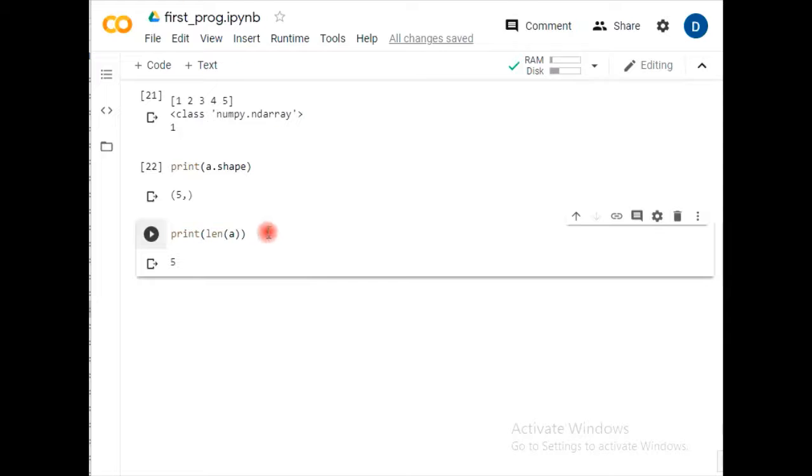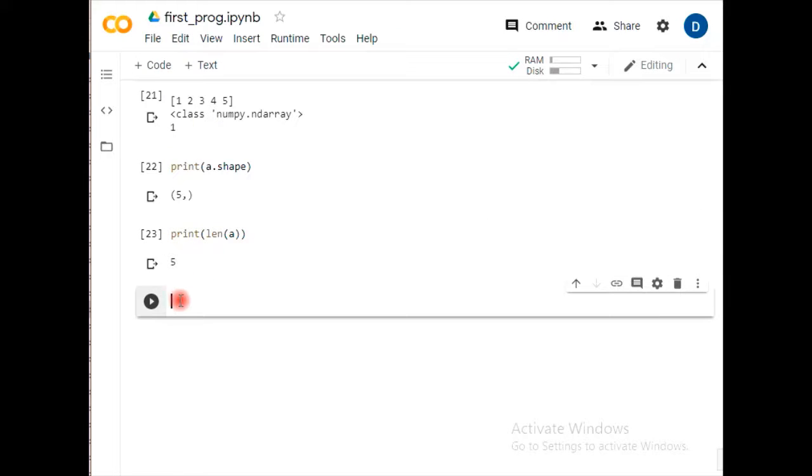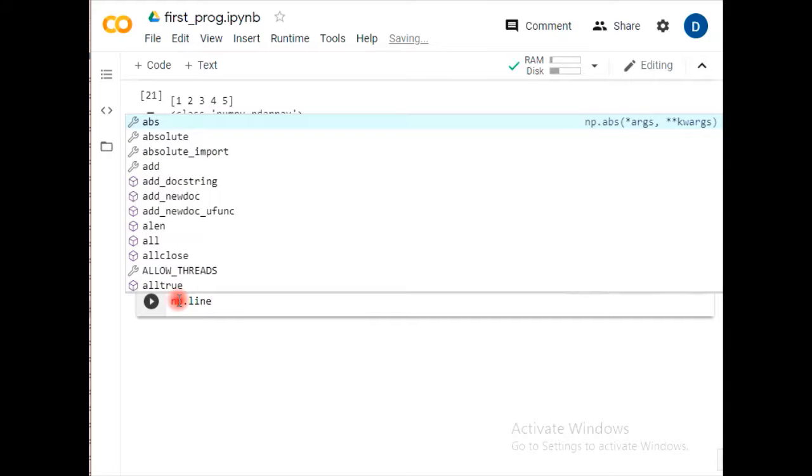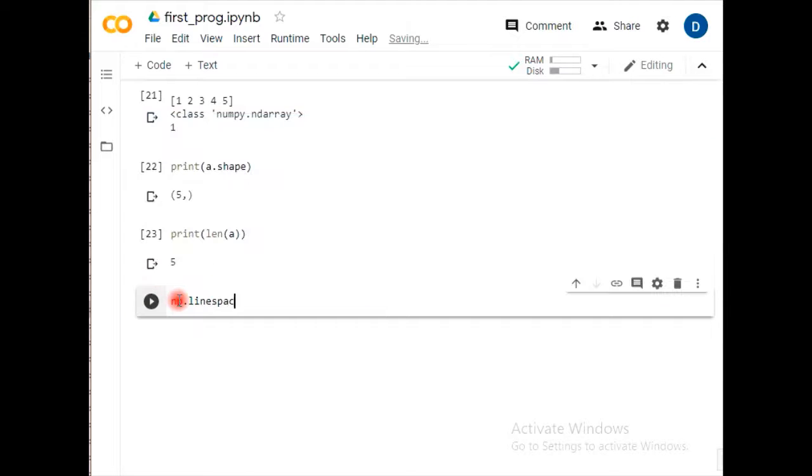So let's begin with some more commands related to NumPy. Again, suppose we want to create something. NP also helps us create a spacing line, space.